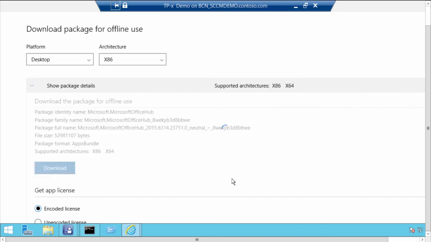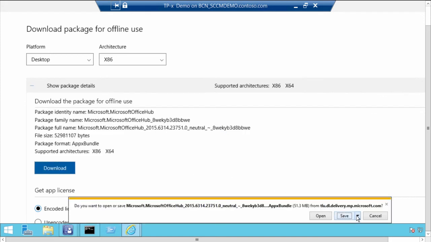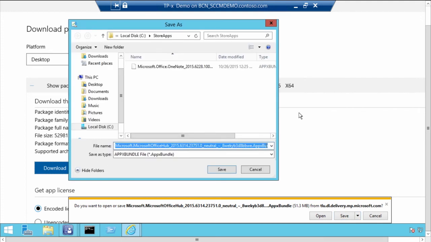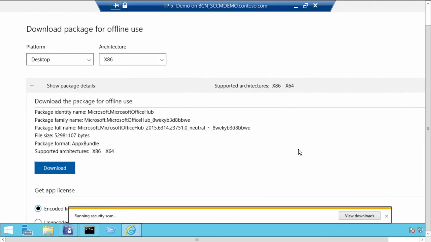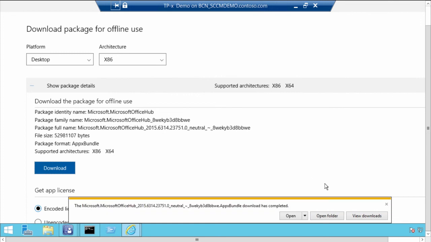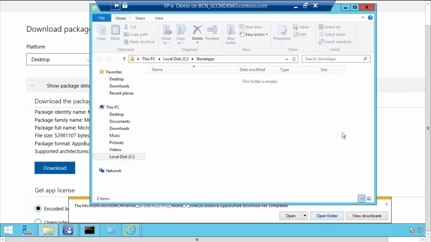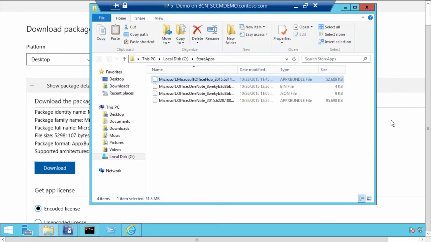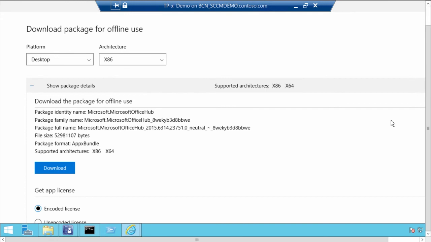So I just choose Download, and it's a standard download process. I pick a folder to save it into. I do Save As, and so I save it here in my Store Apps folder on my file server. And what I would just simply do with Configuration Manager is go to the Applications node and start an application wizard, pick a deployment type of this application type, reference the source, and out it goes. So it's that easy. I just go download the application, redistribute it to my targeted collection, and out the application